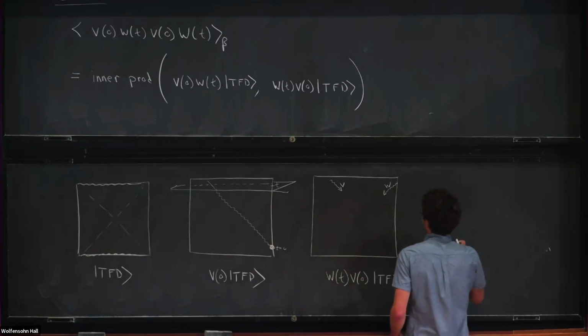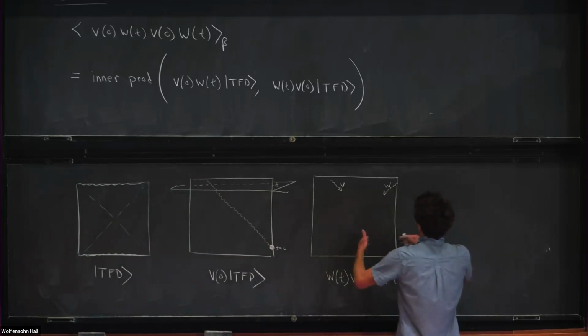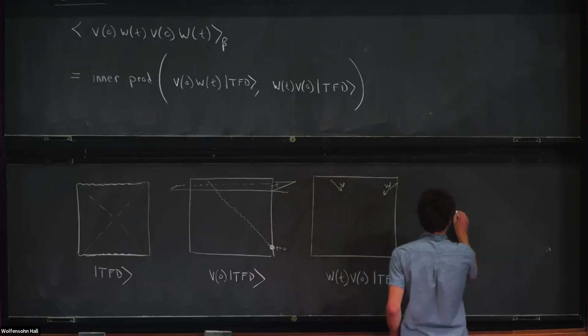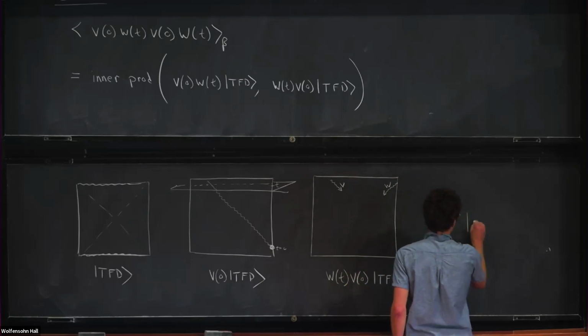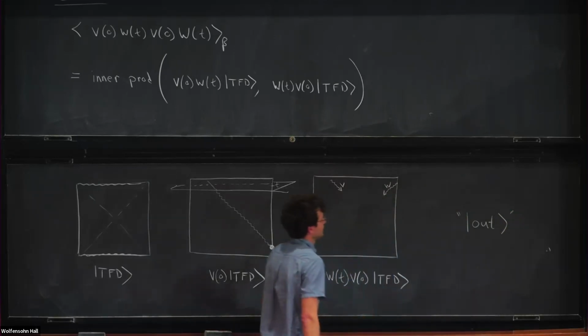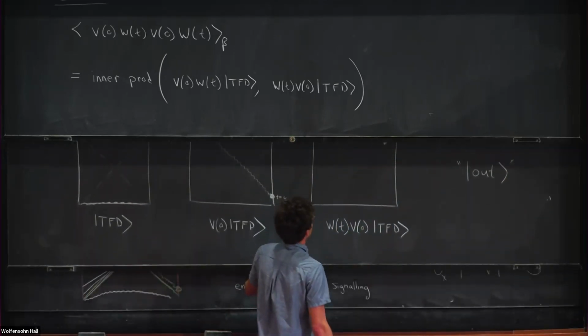And from the perspective of scattering theory, this looks like an out state. It's where we've described the state in a simple way in terms of particles kind of in the future. So this is what I'll call out. OK. Now,